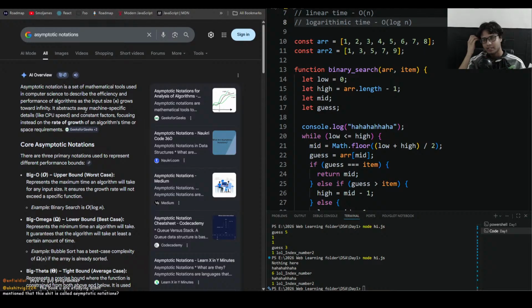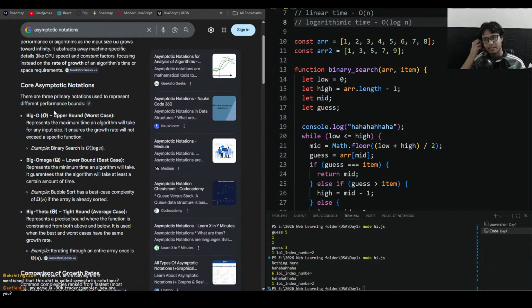It abstracts away machine-specific details like CPU speed and constant factors, focusing instead on the rate of growth of an algorithm's time and/or space requirements. Big O is the upper bound, the worst case, representing the maximum time an algorithm will take for any input size. It ensures that the growth rate will not exceed